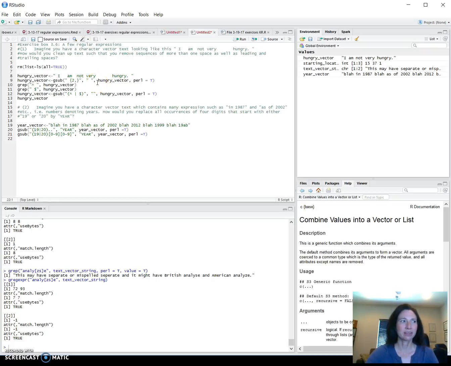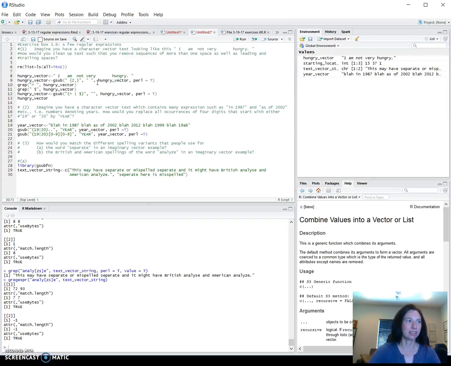As we continue on, there's one more exercise, and this one is to find different spellings. So I will copy in the exercise, and this is continuing right directly on from the last one, so I haven't cleared my environment from last time. And the question is, how would you match the different spelling variants that people use for the word separate in